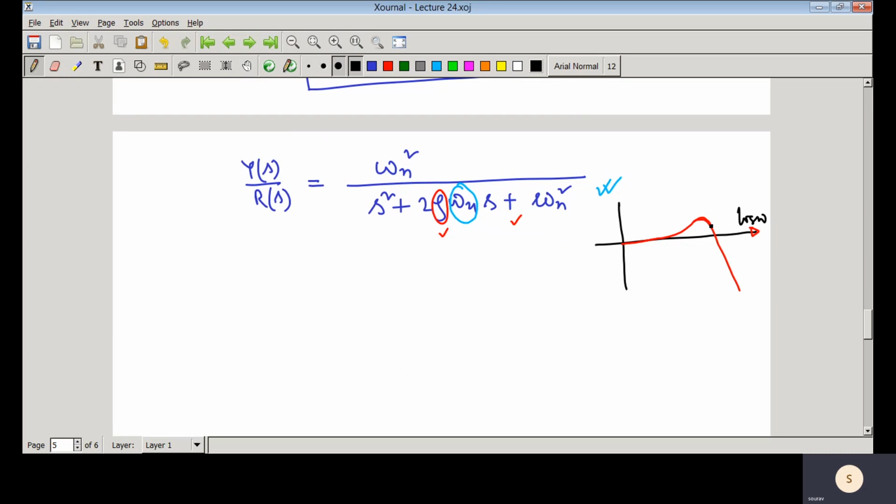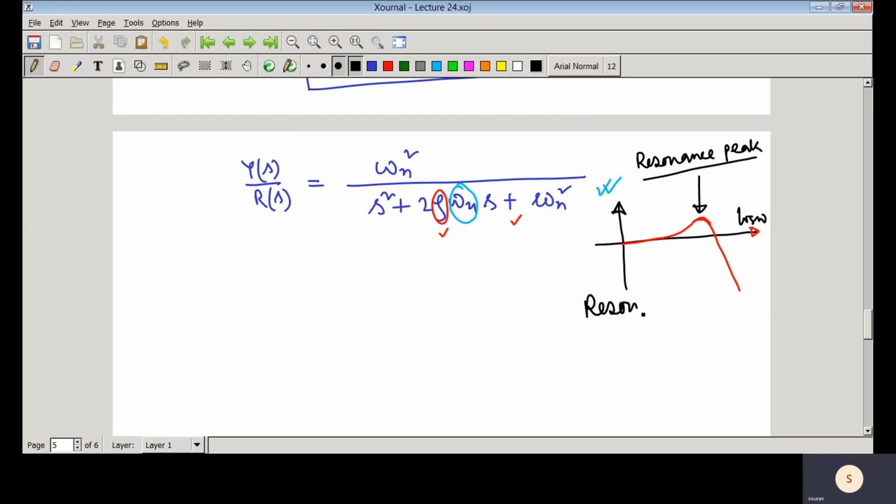Okay, so that means there would be that natural frequency, that corner frequency, omega n, and whenever we vary that zeta, we have seen that there would be a peak. This peak is called the resonance peak, and we have seen that this peak depends on the zeta value, and this resonant peak occurs